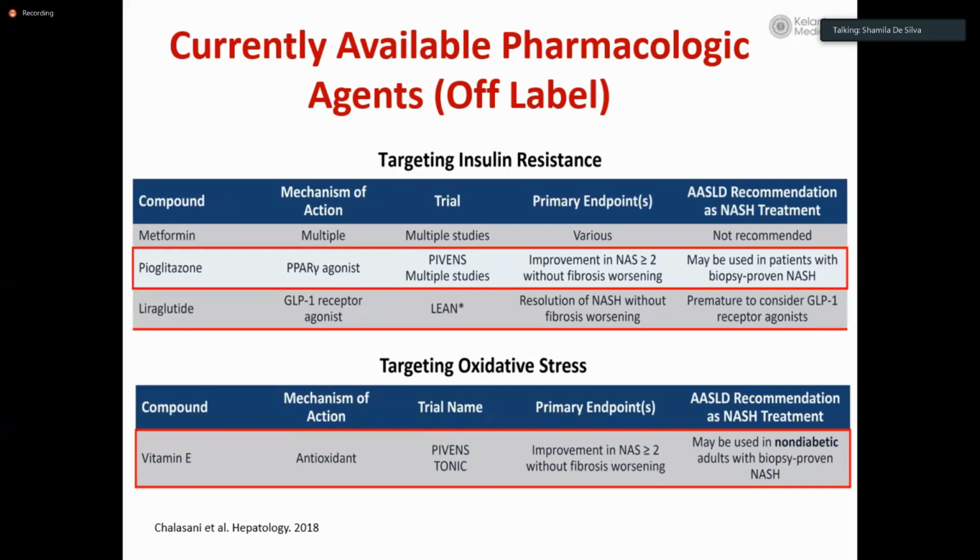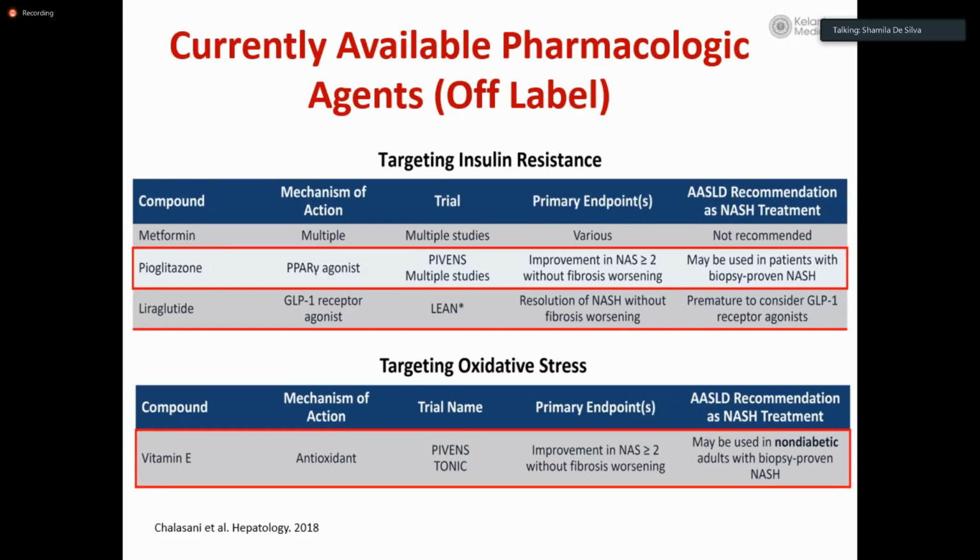For example, vitamin E, in your prescribing, you have to be careful because in males, it is associated with prostate cancer. So if you are giving it to older males, you have to be careful. Females of reproductive age group, you must advise them on contraception. And vitamin E increases the risk of hemorrhagic strokes in patients. You have to give high doses, 400 international units BD. It's quite a high dose associated with hemorrhagic strokes also.